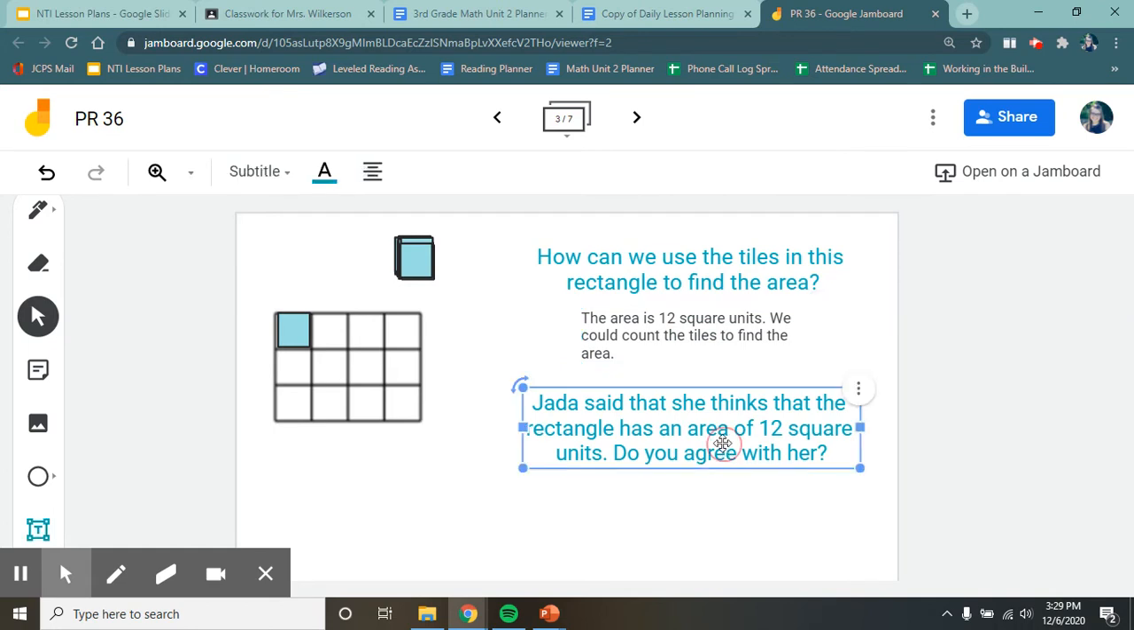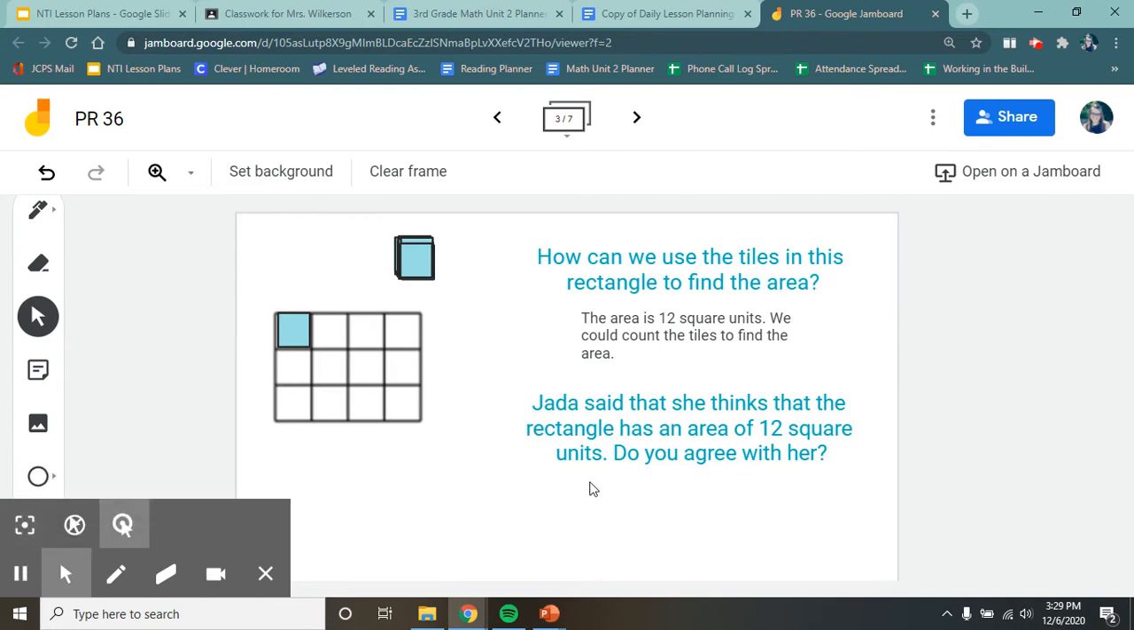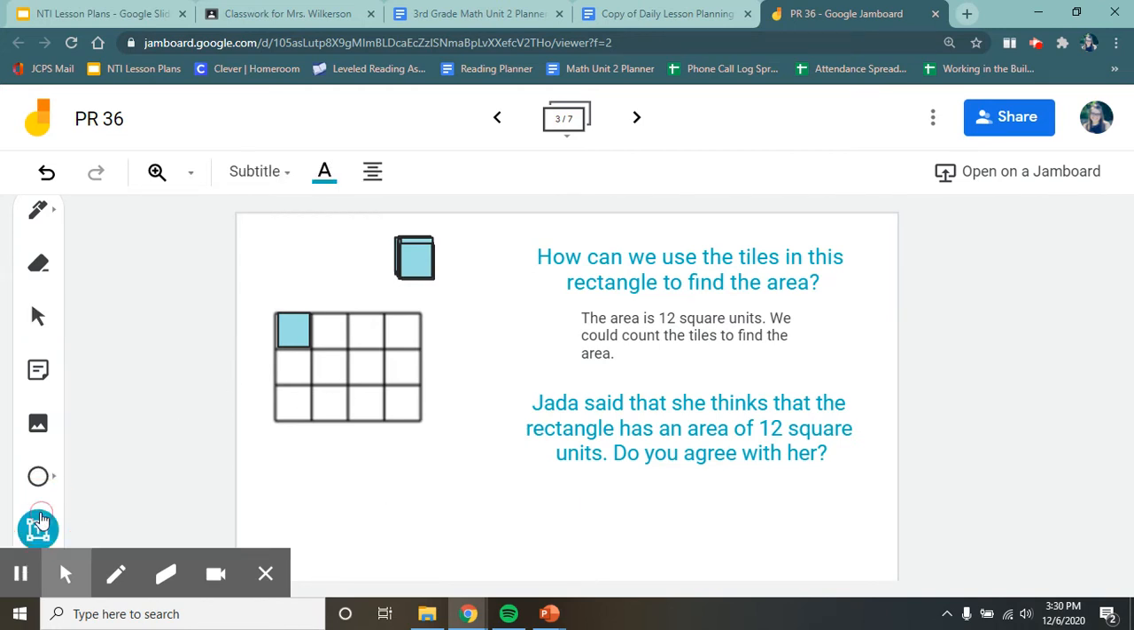Excellent. So now I'm going to ask you guys another question, and I'm showing this to you because you all have a question very similar to this in your daily check. So I thought it'd be important for us to talk about. It says, Jada says that she thinks that the rectangle has an area of 12 squares. Do you agree with her? We've already found the area, so we do agree with Jada. So we're going to just write, I agree with Jada